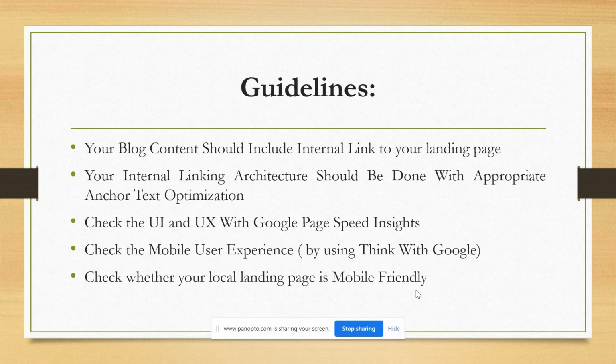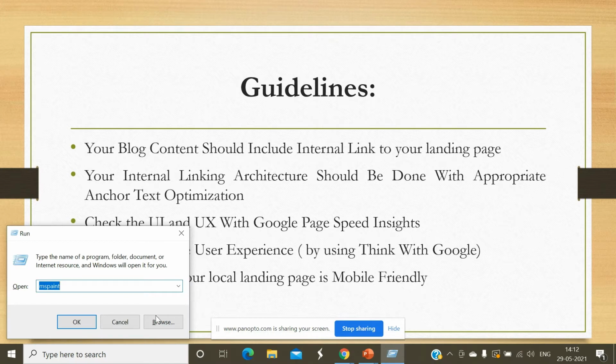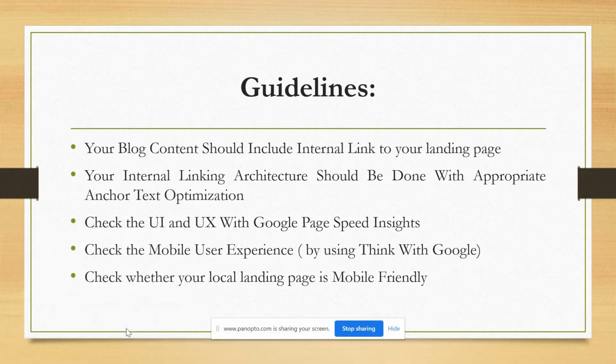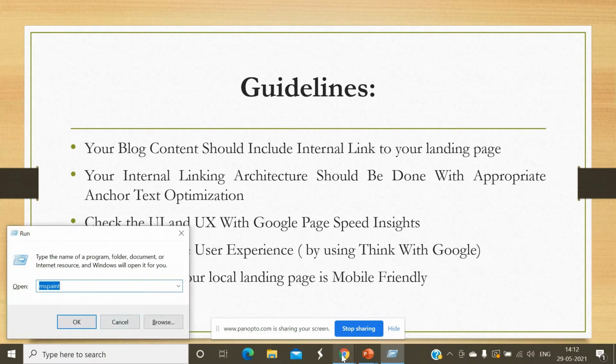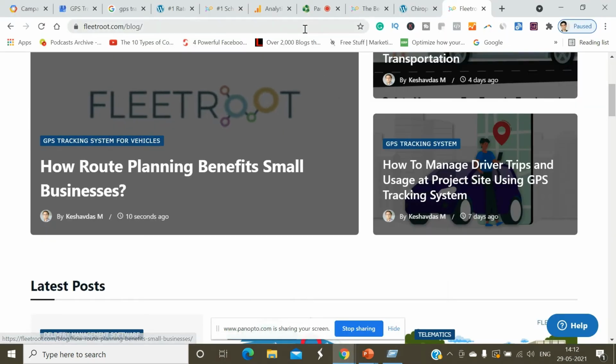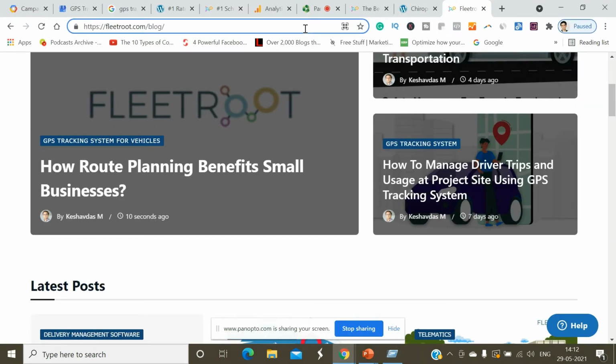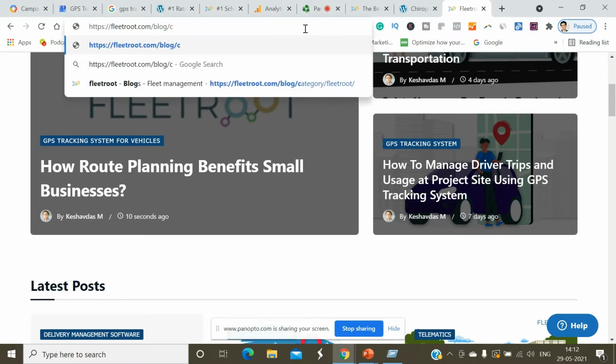You have to check the mobile user experience, and check whether the local landing page is mobile friendly. So let's do it step by step. First one is the internal link to your landing page, right? I'll go here and type CRM wellness.